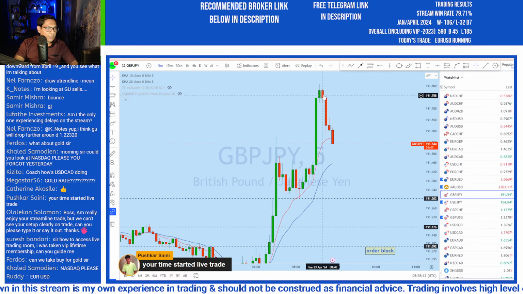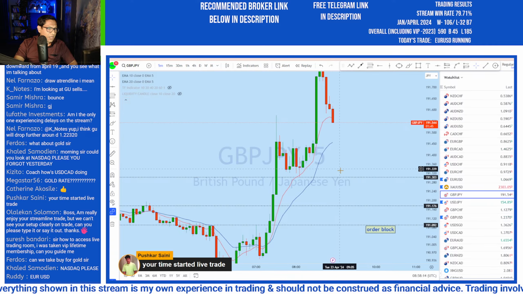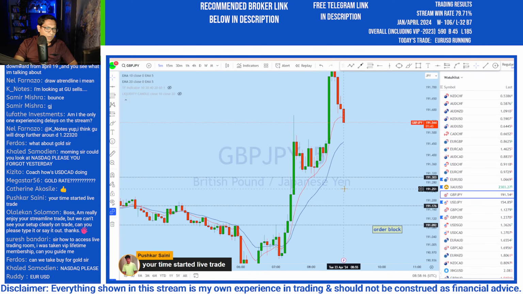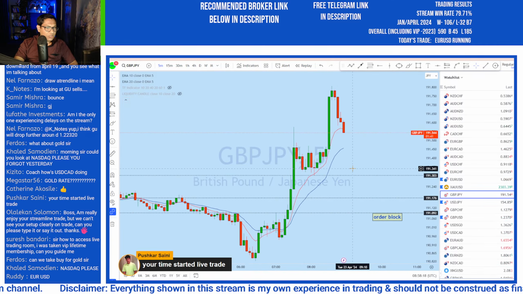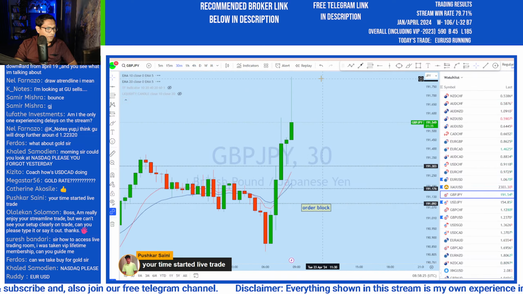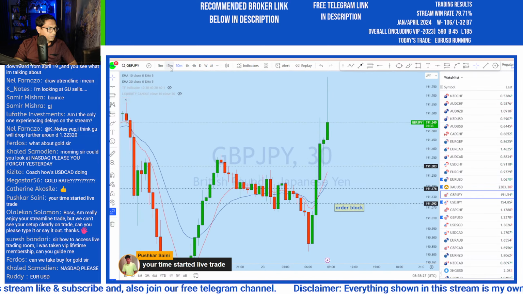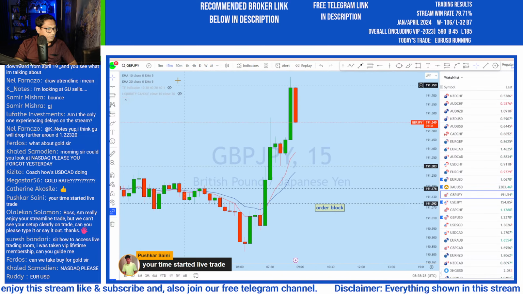Okay, GJ, we see that there is a drop. Now expecting the price to come directly back below this level. If the price manages to break that support from the lower time frame, as there will be a 4-hour candle close, we will be looking for an entry. On the 5 minutes, if we look at GJ,